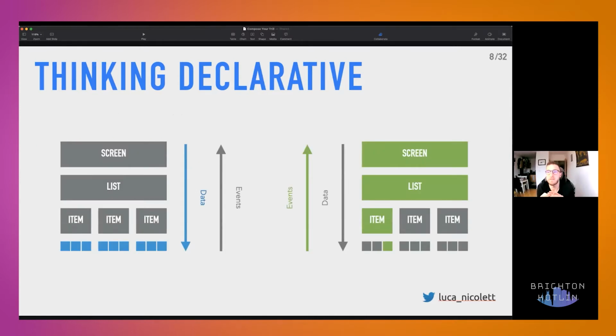As we have a functional approach to declaring our views, we will have data going down from parent views or components to children or to leaves in the tree, and events going up to avoid side effects inside our smaller components of the view hierarchy. So keep in mind that the smaller and leaner the component is, the less likely it will hold a state for itself.